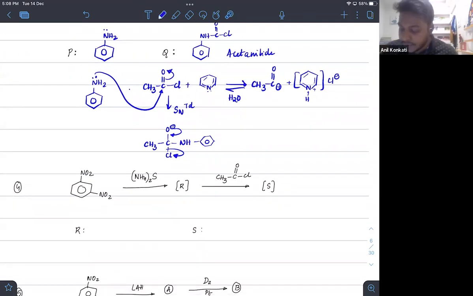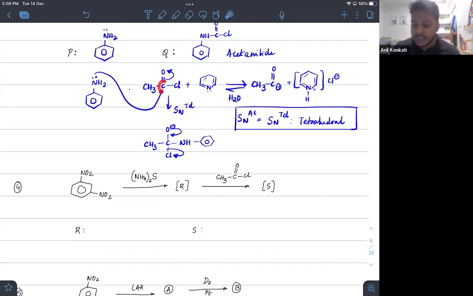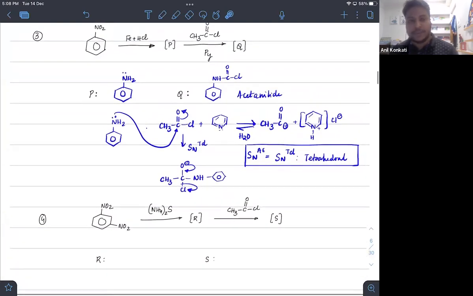SNTD means substitution reaction via formation of intermediate of tetrahedral. Okay. Any nucleophilic addition-elimination reactions happening on the acyl groups are called SNTD mechanisms. ठीक है बेटा, it will form via tetrahedral formation. You can see this is sp2 hybridized, this is sp2 hybridized, this is sp3 hybridized. So it is forming a tetrahedral form. ठीक है. So typically this is asked.